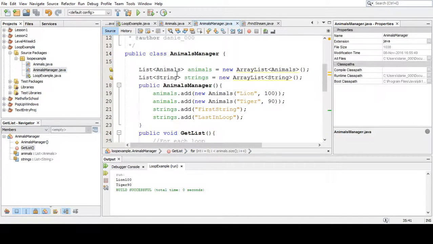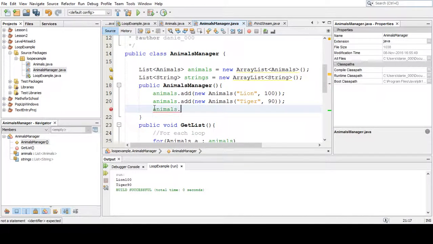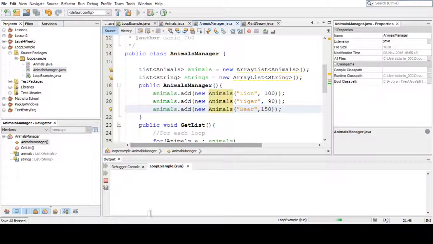If I just add a new one to the list, new animals, there, and then hit run now, it cycles through a list of them. Okay, so